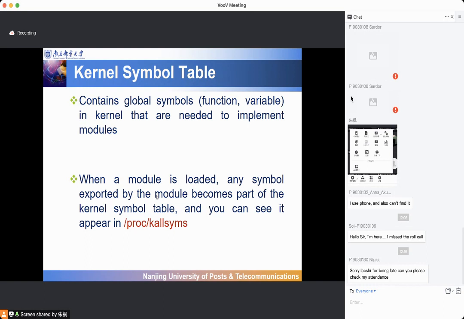Of course, when you load a new kernel module into the kernel, the kernel symbol table will be updated, because your module may provide new symbols to the kernel. For instance, you may define a new global variable or define a new kernel function. Anyway,